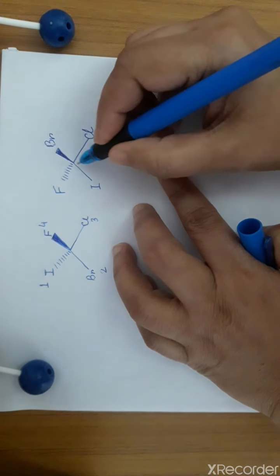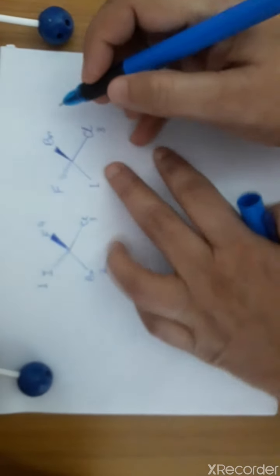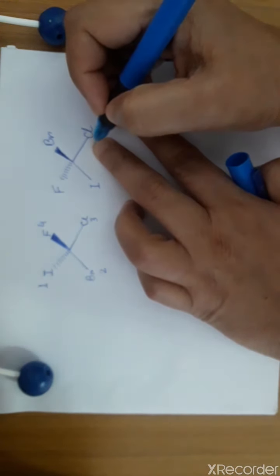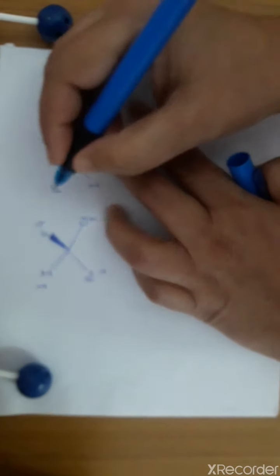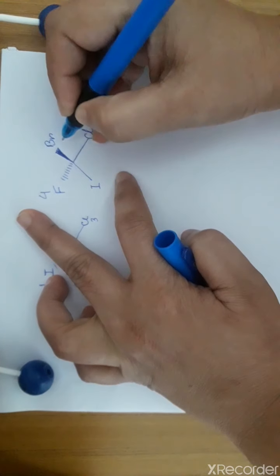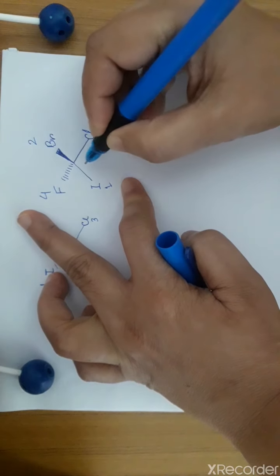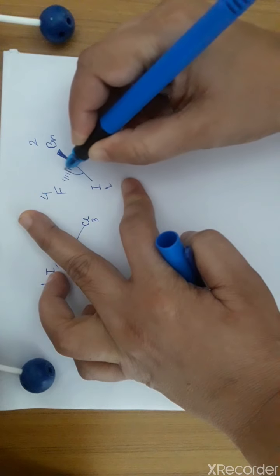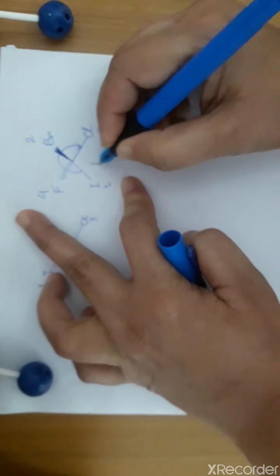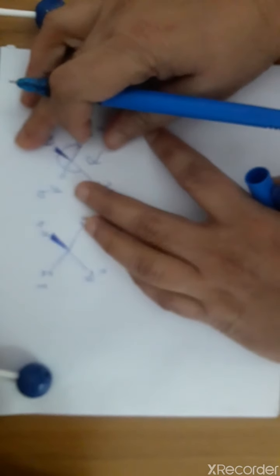What I have done? I have fixed this bond and I did 3 group exchange. And what we came to know that, right, 3 group exchange, by keeping one particular bond fixed, it will not change the configuration, right? Now, what I have actually done, this group I am bringing below the plane, right? This is number 1. This is my number 2, right? Now, 1, 2, 3, 1, 2, 3, right? What is this path? This is a clockwise path, and therefore its configuration is what? It is R. And this is the way how we can determine the configuration of a molecule.